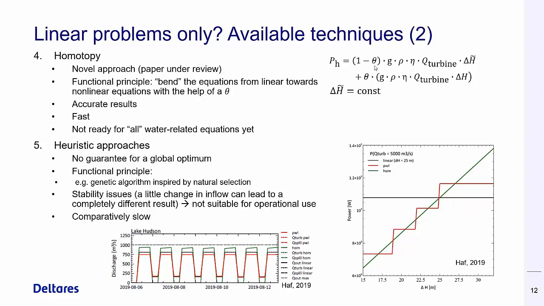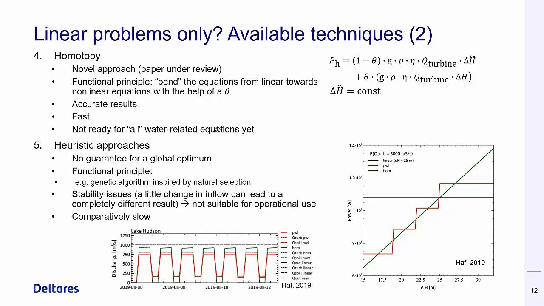To start with, theta is 0, and during the optimization process we move theta from 0 towards 1, and then we move from this linear simplification with constant head difference towards the real head difference during the optimization process. This gives accurate results fast, but it's not yet ready for all water-related equations. We have only applied this so far for the power equations and the water level